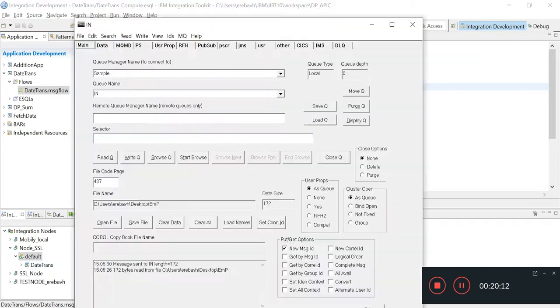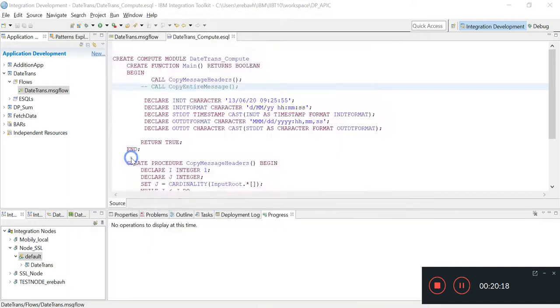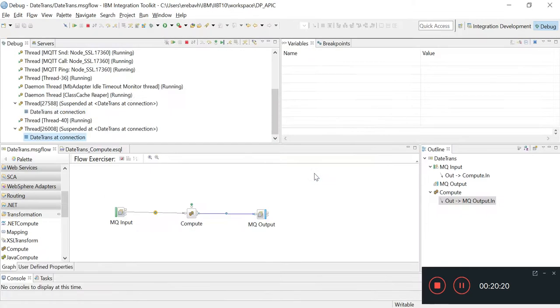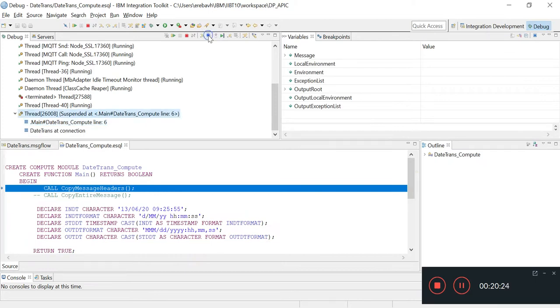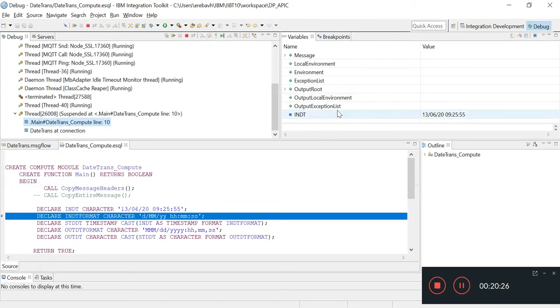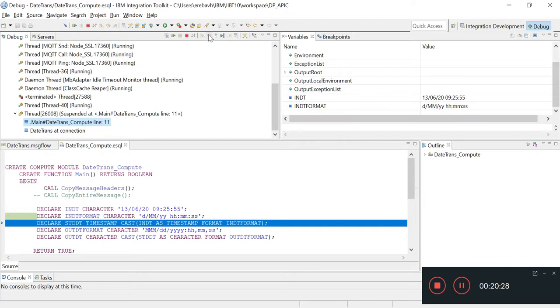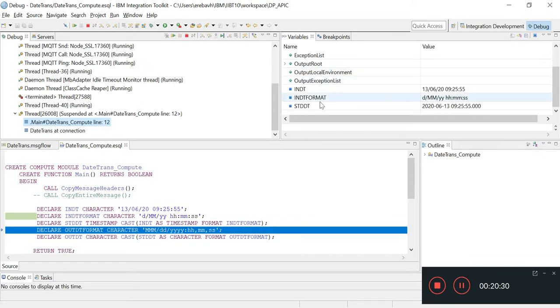So now let me hit the input message. So friends, you can see here IN date, input date, which is 13/06/20, and our input date format is date, month, year.